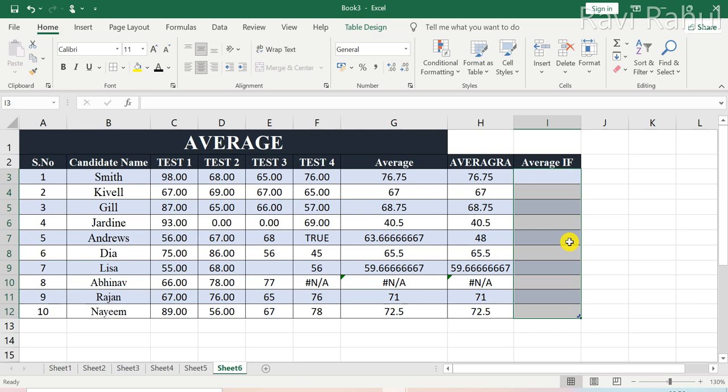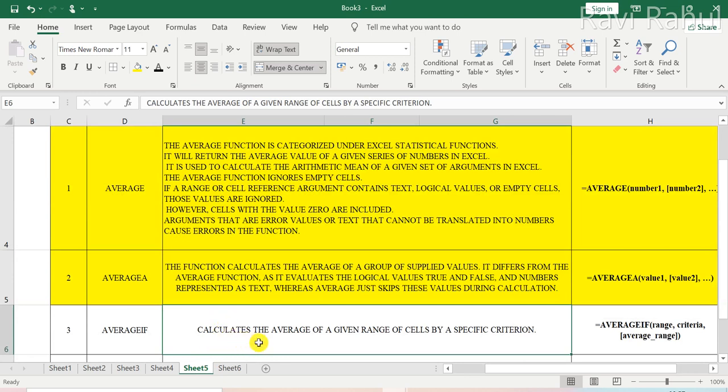Okay, so I just made a silly mistake once again when I was explaining the average if. What the definition of average if tells us is that it calculates the average of a given range of cells by a specific criteria.